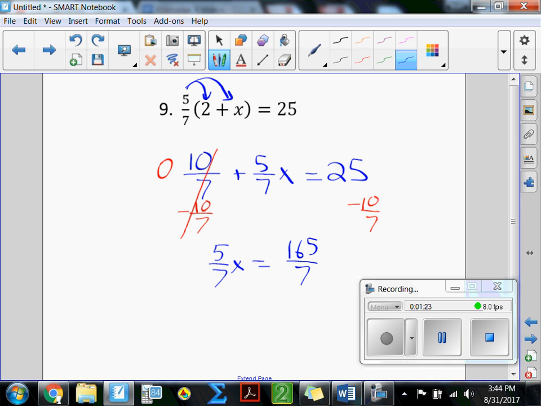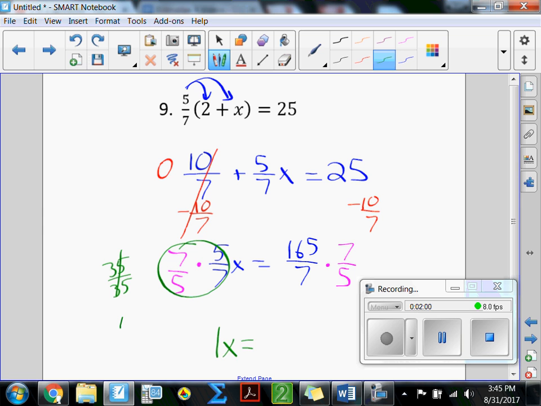For my next step, I could do it in 2 steps to get rid of the denominator and get rid of the numerator, or I could do both of those at once by multiplying by the reciprocal. So we did talk about multiplying by the reciprocal in class. When I take a number times its reciprocal, I get 1, because this becomes 35 over 35. 7 times 5 over 5 times 7. 35 divided by 35 is 1. So I have 1x equals,